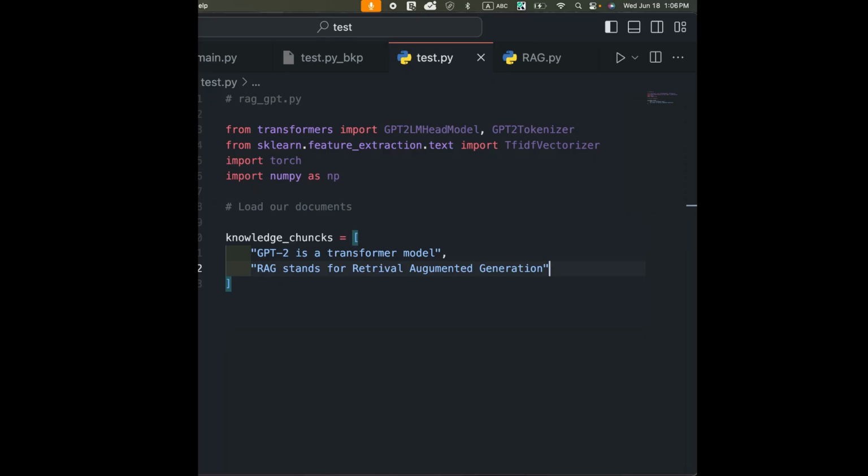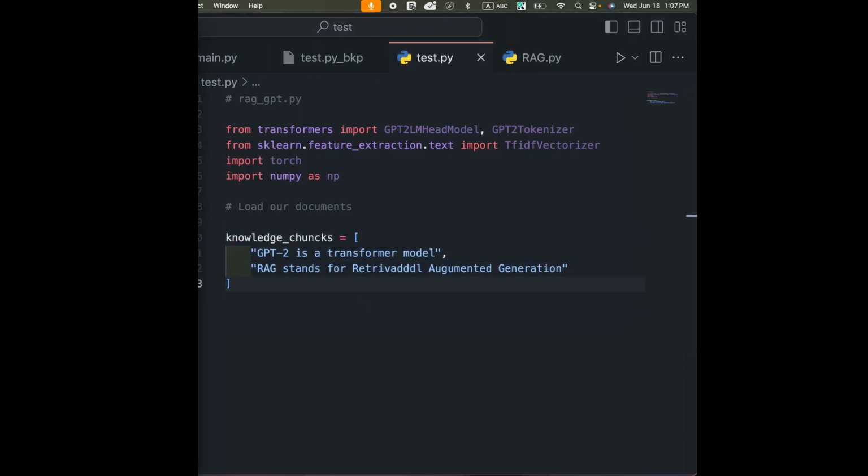Now on purpose I'm going to make mistakes in the spellings. So even if I make mistakes, the model will feed it to GPT-2 and then it will fix it and give us a proper response anyways. You guys could add more knowledge chunks, but for now I'm just going to keep it as this